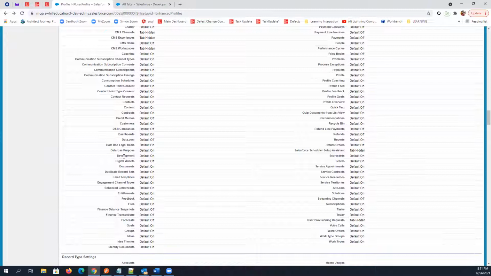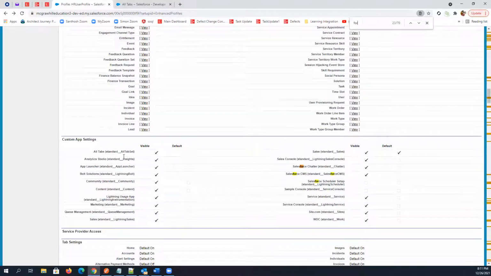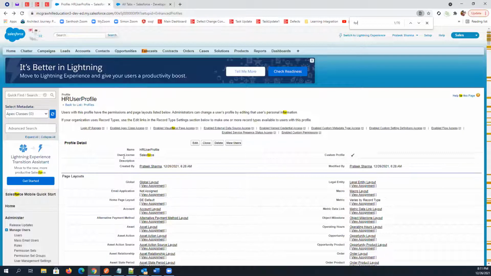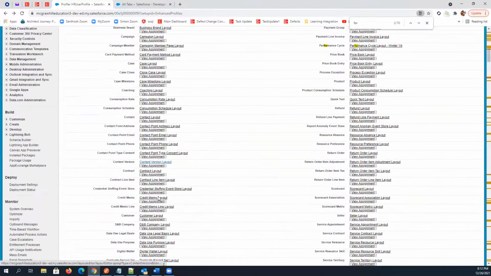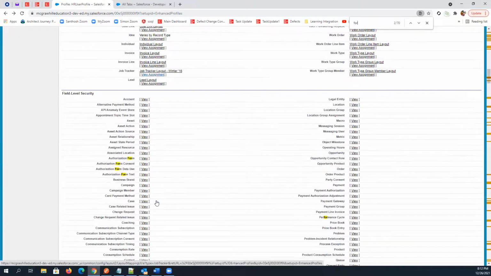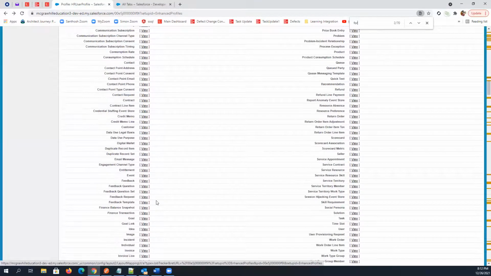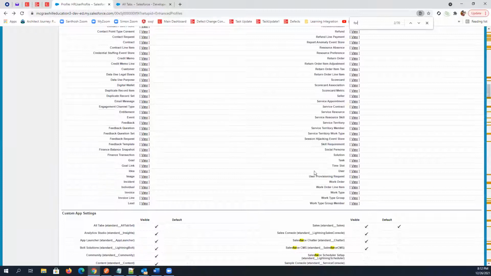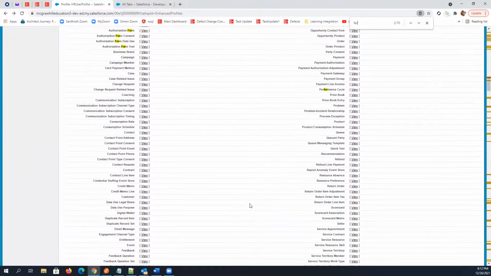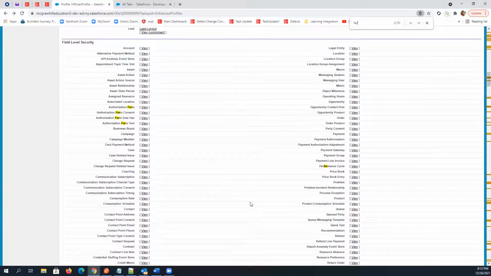You can always do Control F. The object name of forecast can be different, so we'll check it and we'll apply the changes. So these are the tabs.